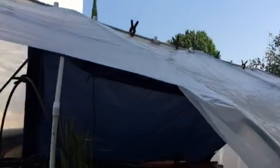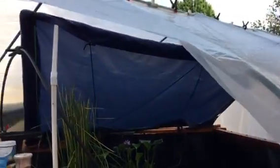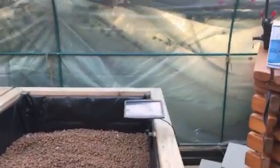We're entering a 10 by 20 greenhouse made from a very inexpensive frame, and I covered it with greenhouse plastic cover. Anyway, here is my